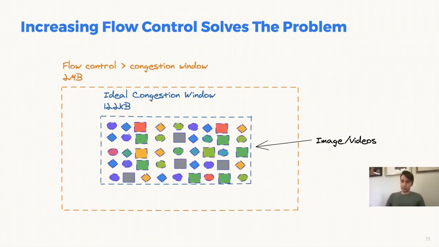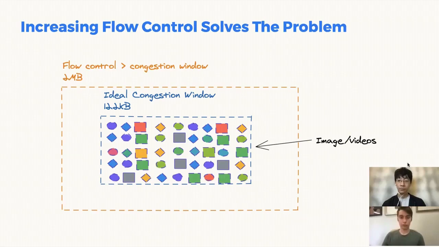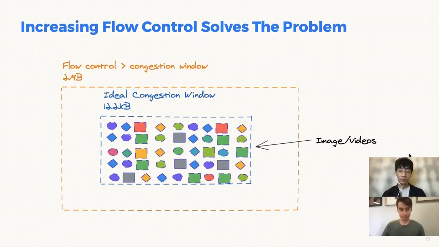The way that we can fix this is essentially to allow the application to have a higher flow control limit. So in this case, when you set it to something higher, like 2 megabytes, while your ideal congestion window is 122 kilobytes, now the congestion window can grow because the server is able to send more data onto the wire, which has a higher throughput. And that leads to a better experience for the user, as they're able to download things like images and videos much faster. And this is something we had to do for QUIC in order to show improvements over HTTP2. Next slide.